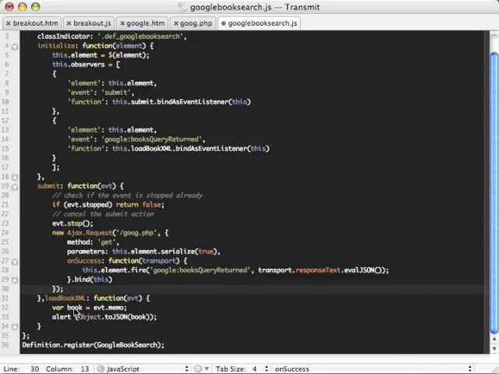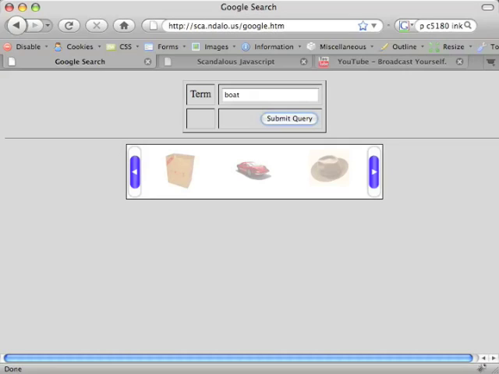And what will this do? It will grab the event memo field, that's this here, from the event that gets fired. It'll grab the memo field, put that object into our book variable, and now we're going to alert the text. This is taking the object, converting it back to text, just to make sure that everything is working properly. So if I save this, and I come back to here, and I refresh our page,